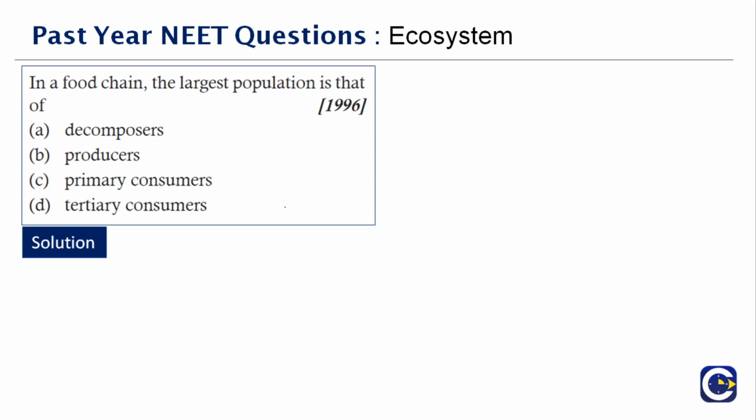In a food chain the largest population is dash. Now, what is the major requirement of a food chain? Where does it initially start from? But before that, what is a food chain? Can we go deep into that? A food chain can be described as a linear network of links